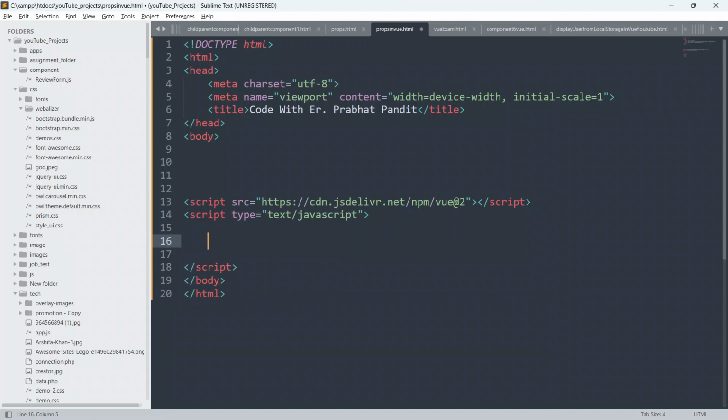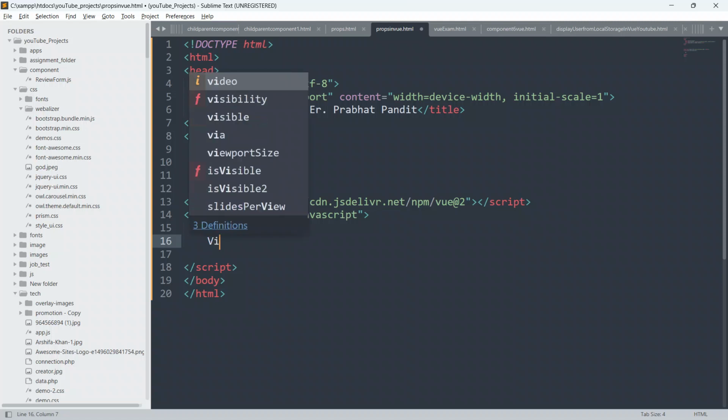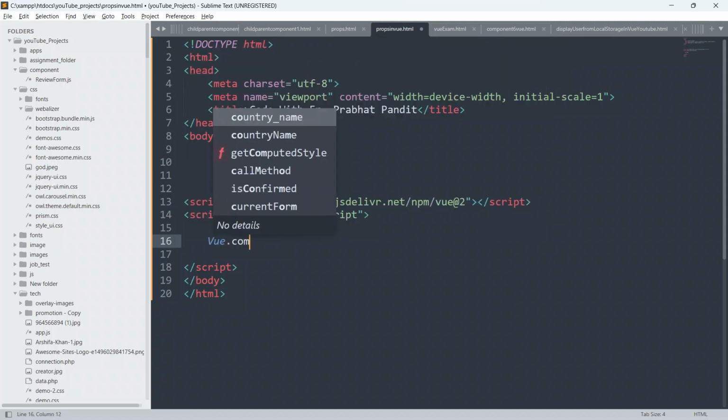Always remember, in order to create a custom component in Vue.js, we have to use a function called Vue.component. Here also in this video I will be using the same function, Vue.component, to create a global custom component. So I will say Vue.component.